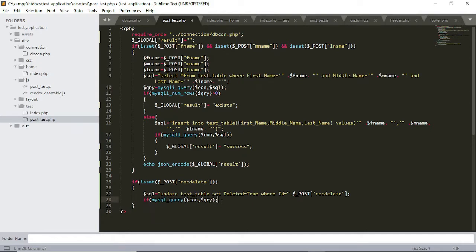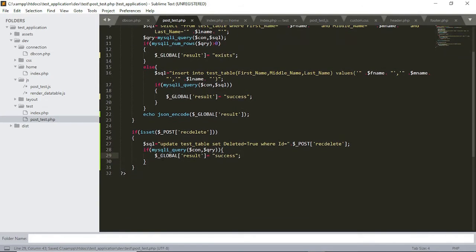So if mysqli query this, so that means if it is successful, then remember our global variable, this is our global variable, will be success, just like that. Then after that, we can return a JSON encode of our global variable. So I'm just copying and pasting it there like that,